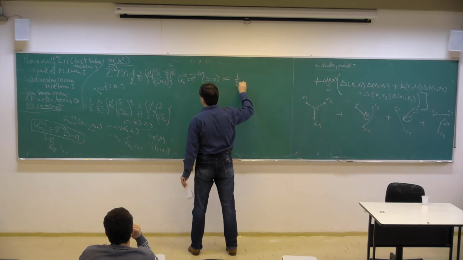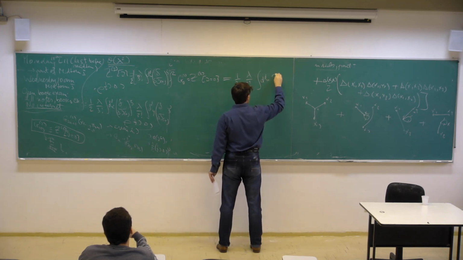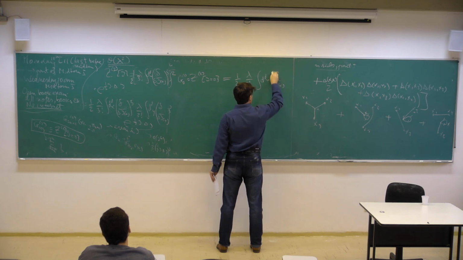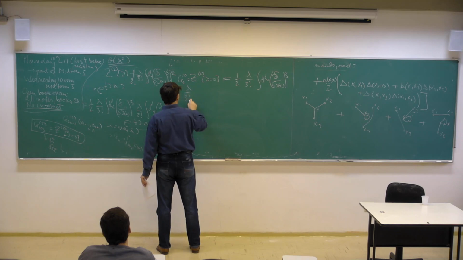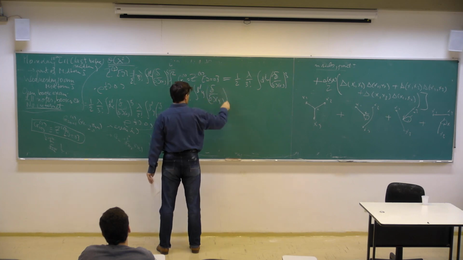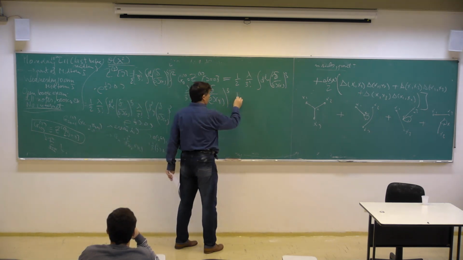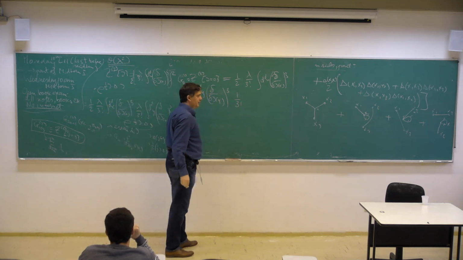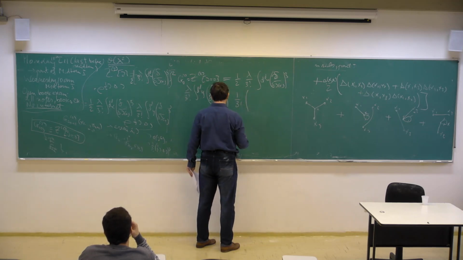So 1 over 2 lambda over 3 factorial integral dx del jx cubed, lambda over 3 factorial integral dy del jy cubed. And now from here, we said we keep only the cubic term in the exponent, so 1 over 3 factorial times